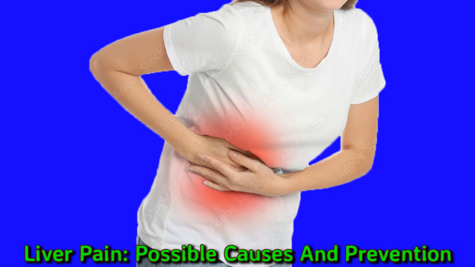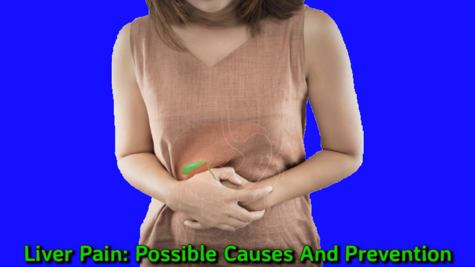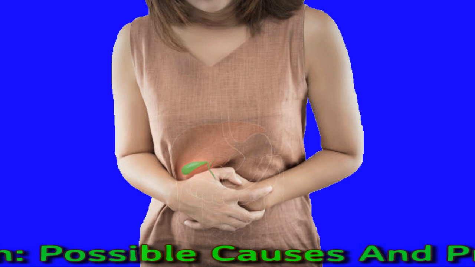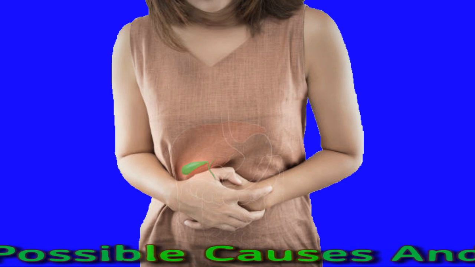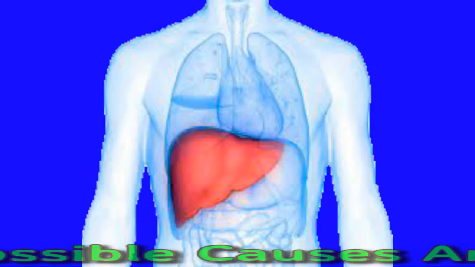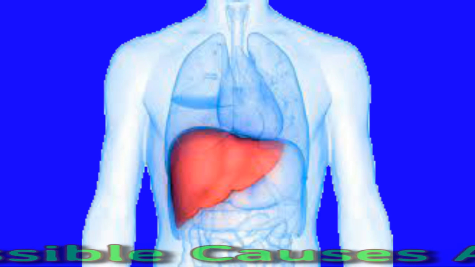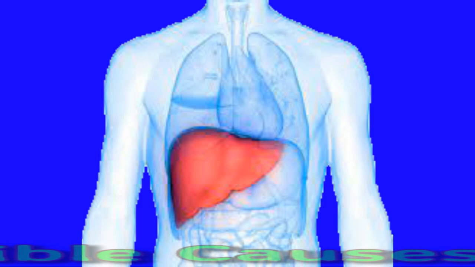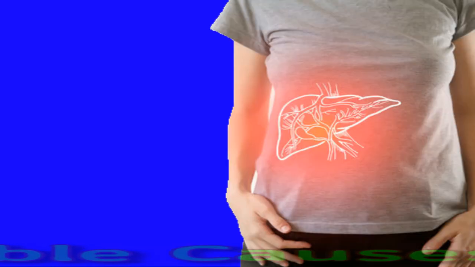A person may experience liver pain in the upper right hand part of the abdomen, the upper right shoulder, or the middle of the back near the lowest part of the ribs. The pain can be dull and non-specific, but it can also be severe. Liver pain can arise for various reasons. It is important to identify liver pain, find the cause, and get treatment that can help prevent irreversible damage.